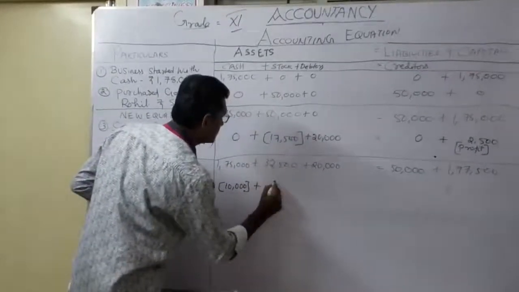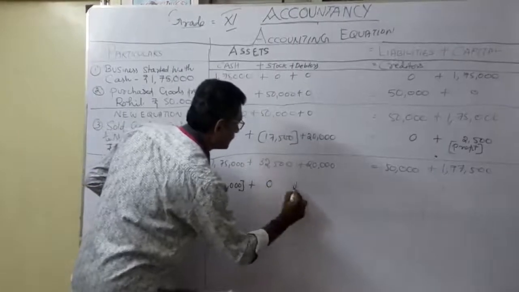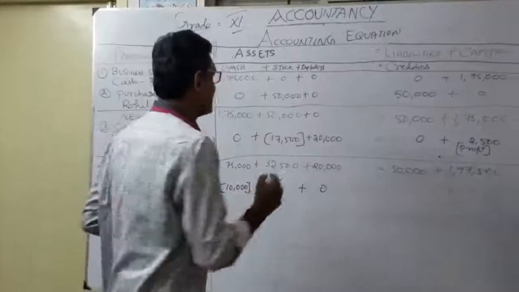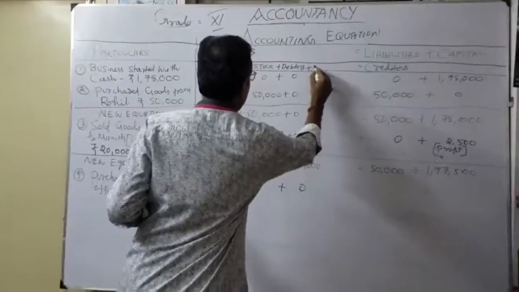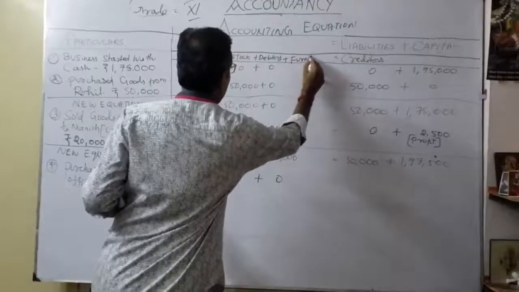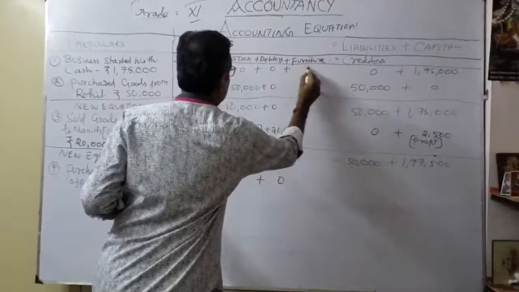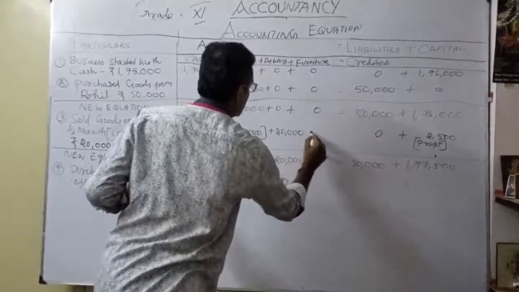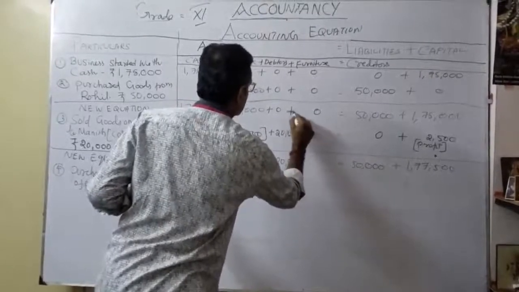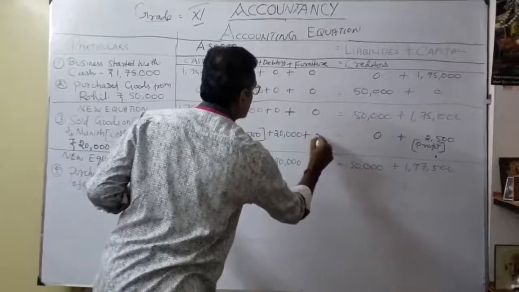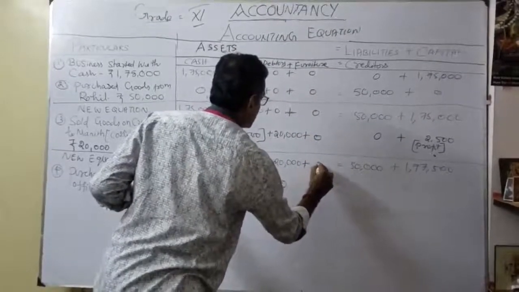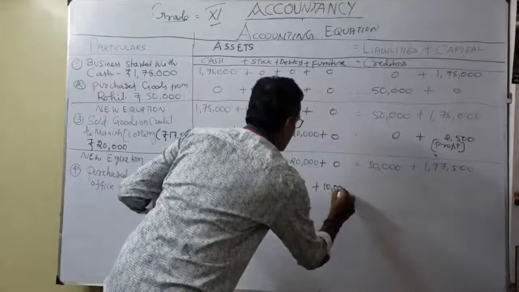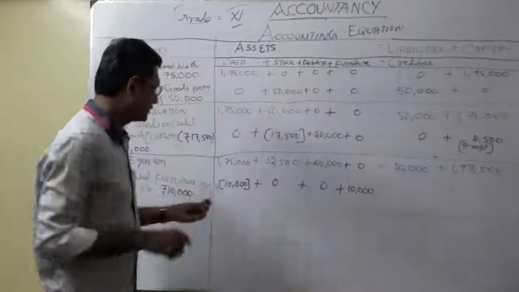Okay, then it is not considered as stock, it's not considered as debtors, but where I want to show it is furniture, correct? So it is an asset. See here, I put furniture. Okay, so here again 0, again 0, plus again 0. So then only you can understand very clearly. Again plus 0, again plus 0. Here only I have shown plus 10,000. Okay, see here, my cash reduced.